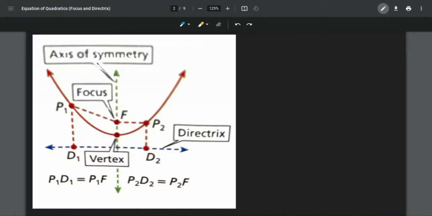Okay, a parabola is the set of all points P. Find the 2 points on the parabola as examples. Okay, so again, the parabola is the set of all points P with the coordinates x, y in a plane that are an equal distance from both a fixed point, the focus, and a fixed line, the directrix. A parabola has an axis of symmetry